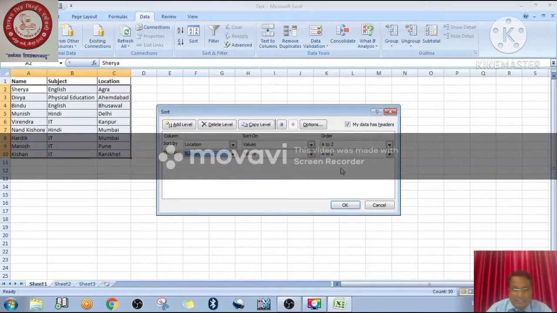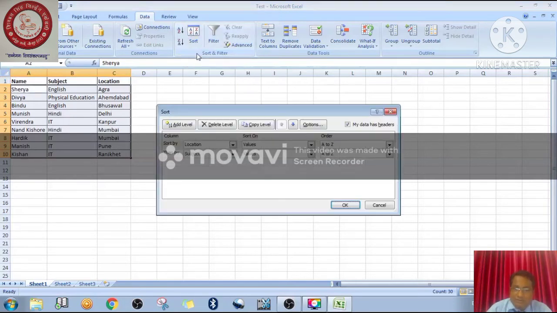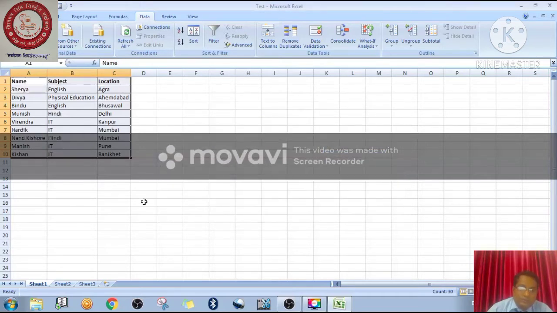Now leave the rest as it is, and then click OK. See, it is already arranged here, that's why nothing is happening. But if you want to do something else, suppose I want to change to descending order, meaning Subject should be in descending order. Click OK. See, it is changed here. So the first priority is given to Location and the second priority is given to Subject here.